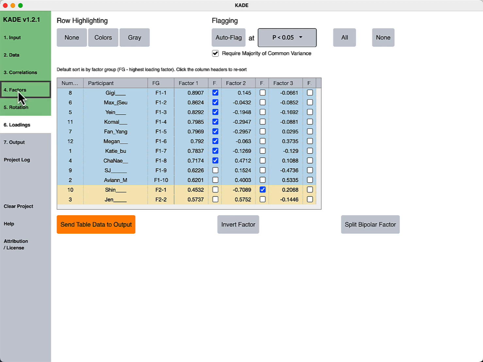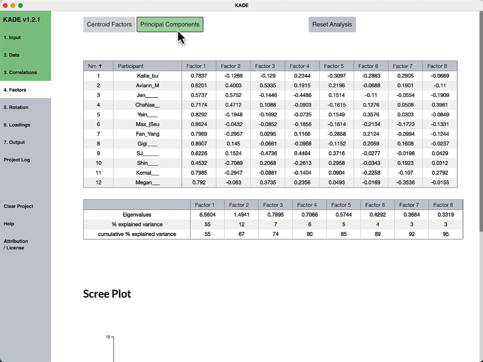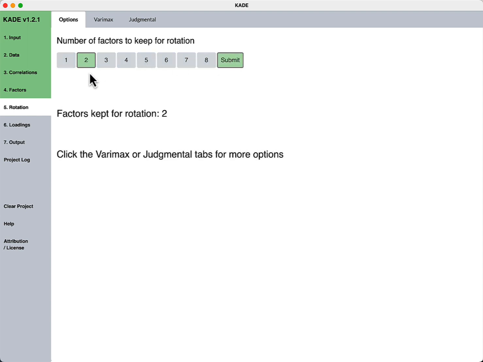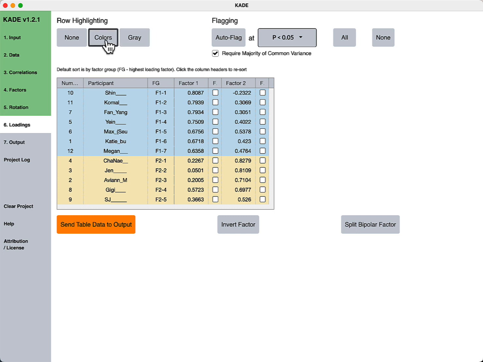So let me go back to factors, reset, and I'm pretty confident that a rotation using just 2 factors is the way to go. So I'm clicking buttons pretty quickly now. I click 2, then submit, then go to Varimax, click Varimax rotation. Then back to loadings, and again I'll do color, auto flag, and there we have what I think is